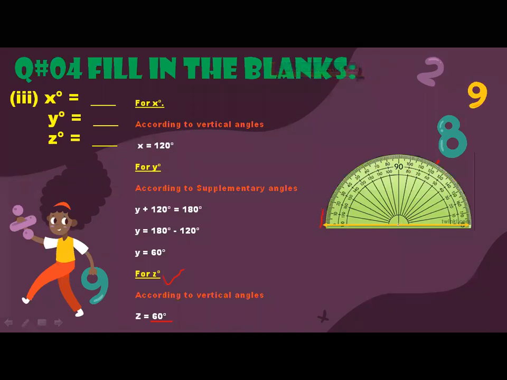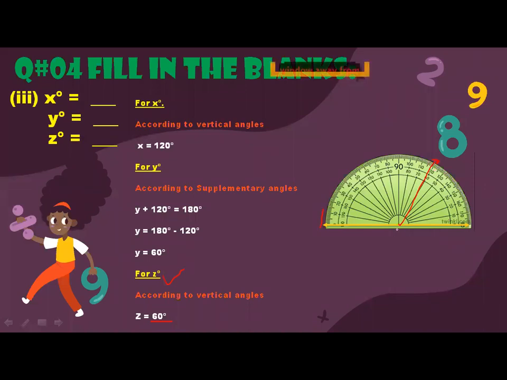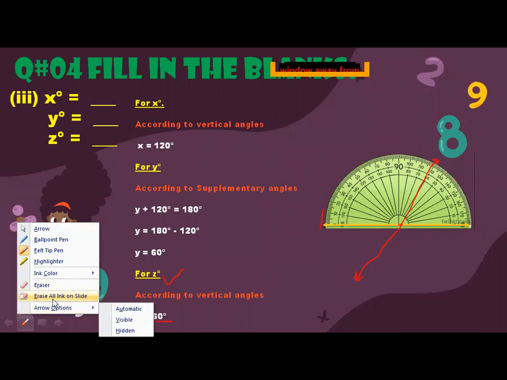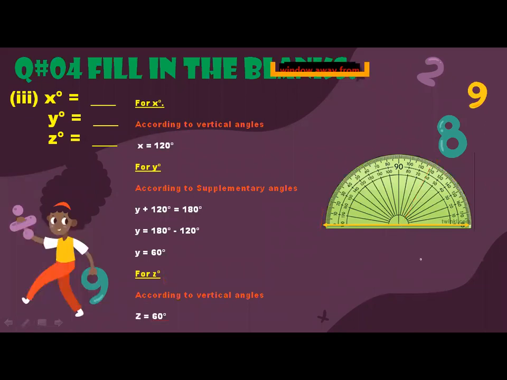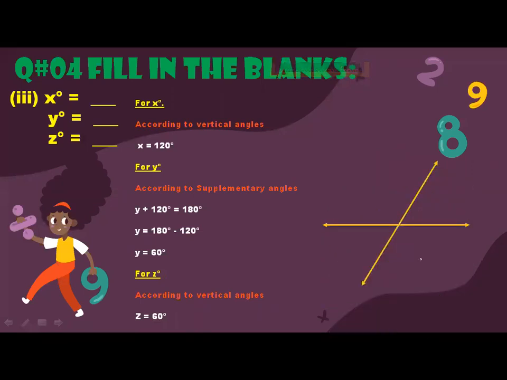Now you will first draw this line, just like this, and then you will extend this line on the bottom side as well with the help of a scale. You have to draw a straight line. My line is not very straight, but you have to draw a straight line with a scale, just like this. Then you will remove your D.